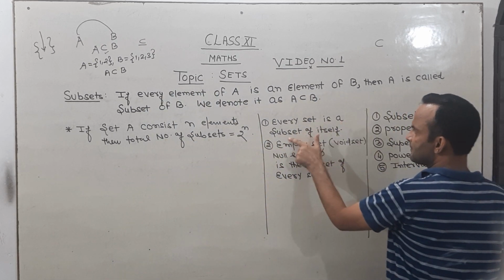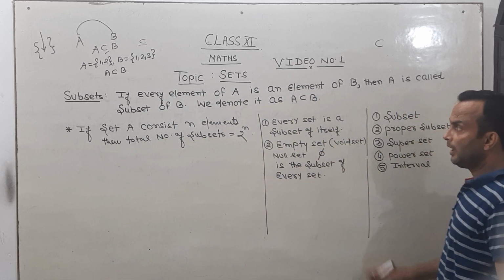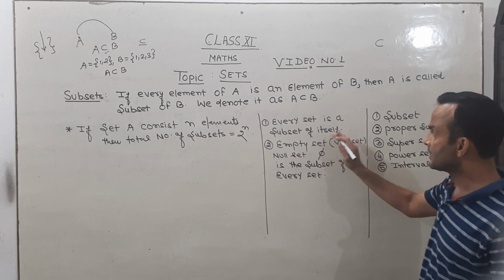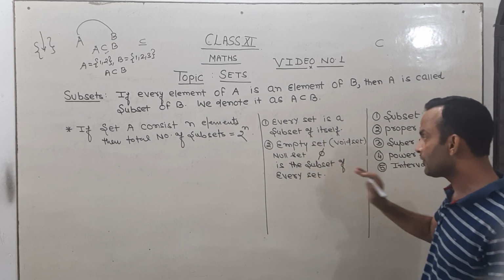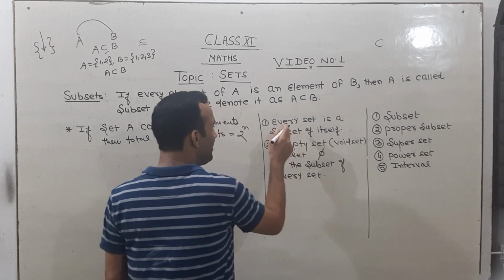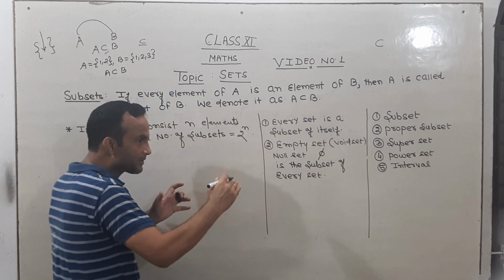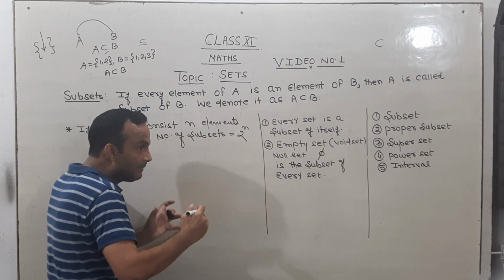Every set is a subset of itself. Empty set is the subset of every set. जैसे मैंने आपको अभी यहाँ समझाया था, A सबसेट A का होगा क्योंकि A के सारे एलिमेंट A में होंगे,